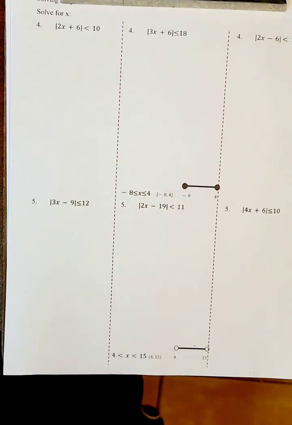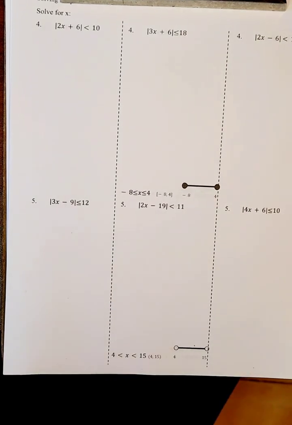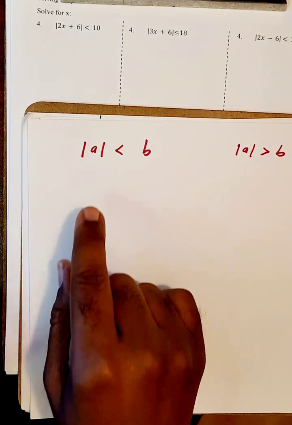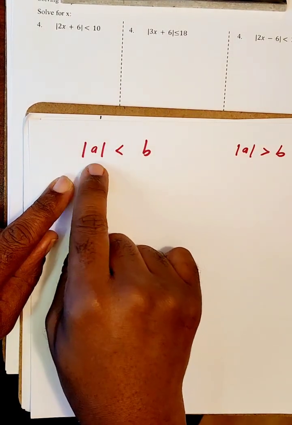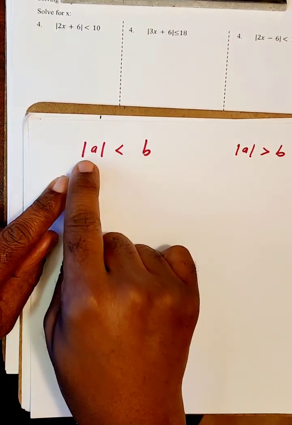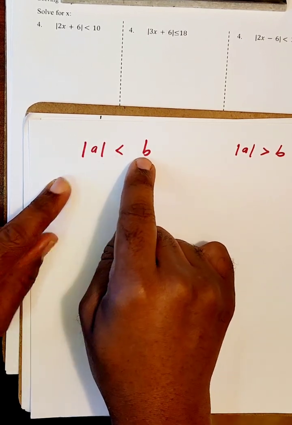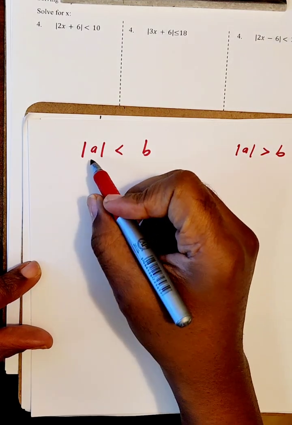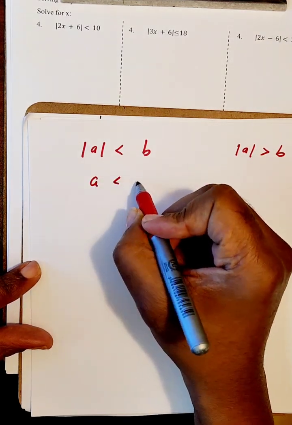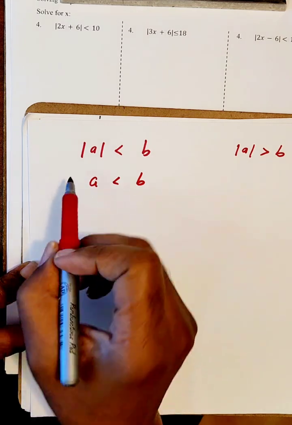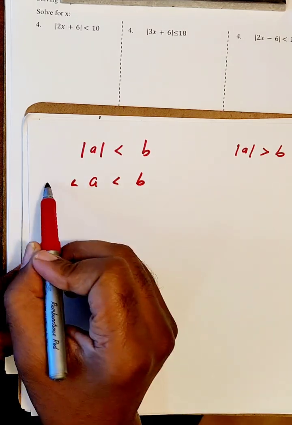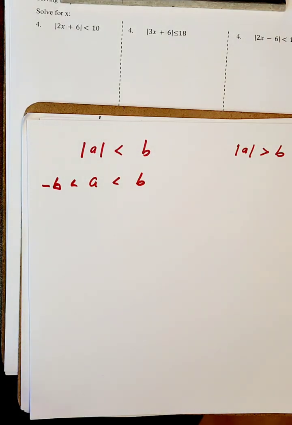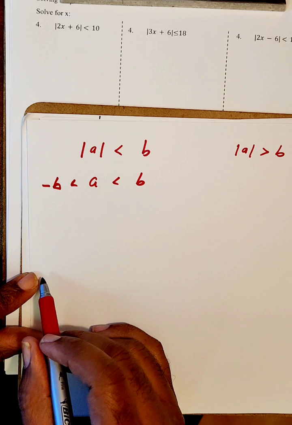25.2, we'll be solving inequalities with absolute value signs. Now, the rule is, if your absolute value appears on the left and your number on the right, and the absolute value is less than that number, the way to deconstruct this is to remove the absolute values, have A less than B, then repeat the sign on the other side of A and take the opposite of B here. And this will give you